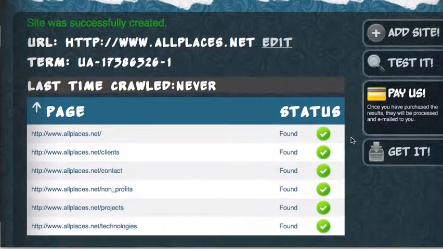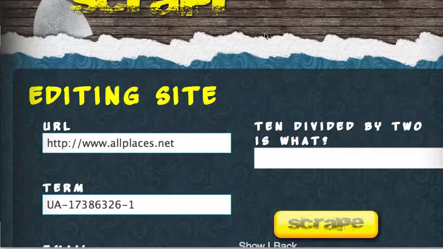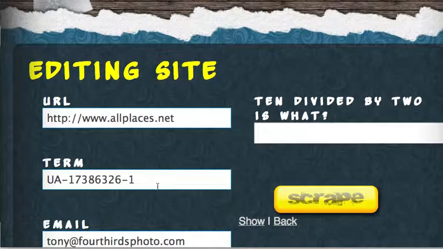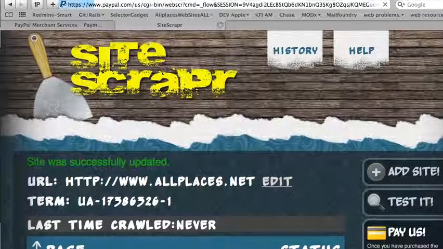Within a few seconds, it should find out the first few pages on a website and if the status is found or not. If we have an error, we can click here on this edit link, and that will take us into the ability to edit what we need. Take out a digit, etc. And then we could save that. The third step that we see here, we've added the site, we've tested the site, now we need to pay for the service. That will redirect you to PayPal's website,